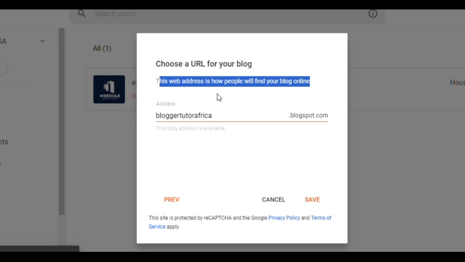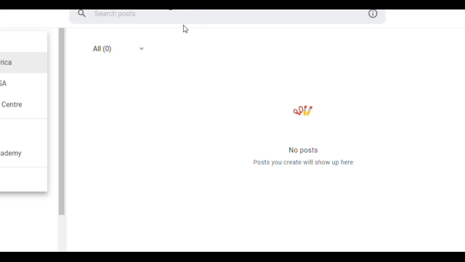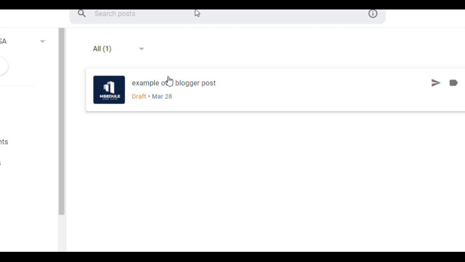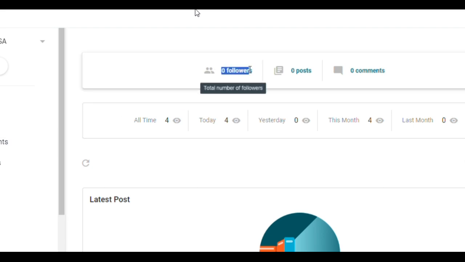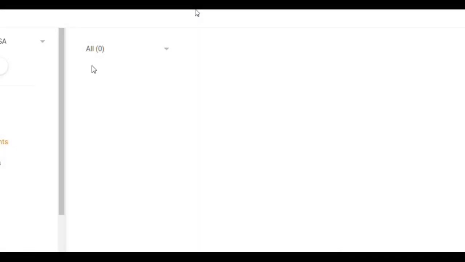This one may take up to 5 or 10 seconds, like this one. Now let us wait for a moment. Now it has been opened like this one. Do you see? This is a demo of a blogger post that I have been trying to write about. It is just a new blog. There are no visitors. You see, there is a count of about 4 visitors, which is mine because I didn't share